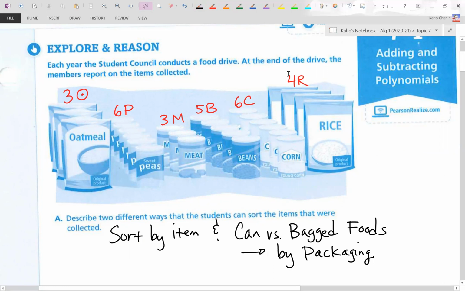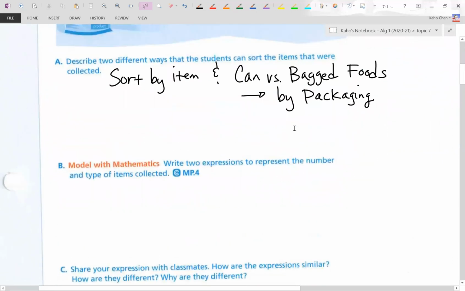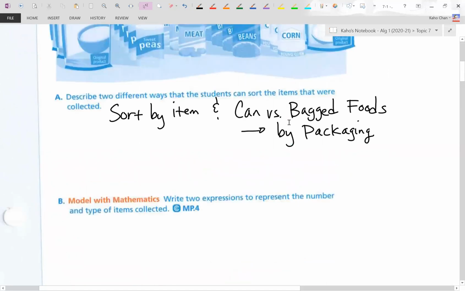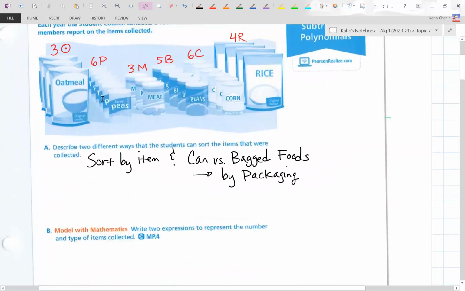Right. So we can kind of see what's coming up with this particular section. It's about the type of items. In this case, we're going to look at variables too in a few moments. Write 2 expressions to represent the number and type of items collected. Earlier up there, we had, let me zoom out a little bit, those particular food items sorted by